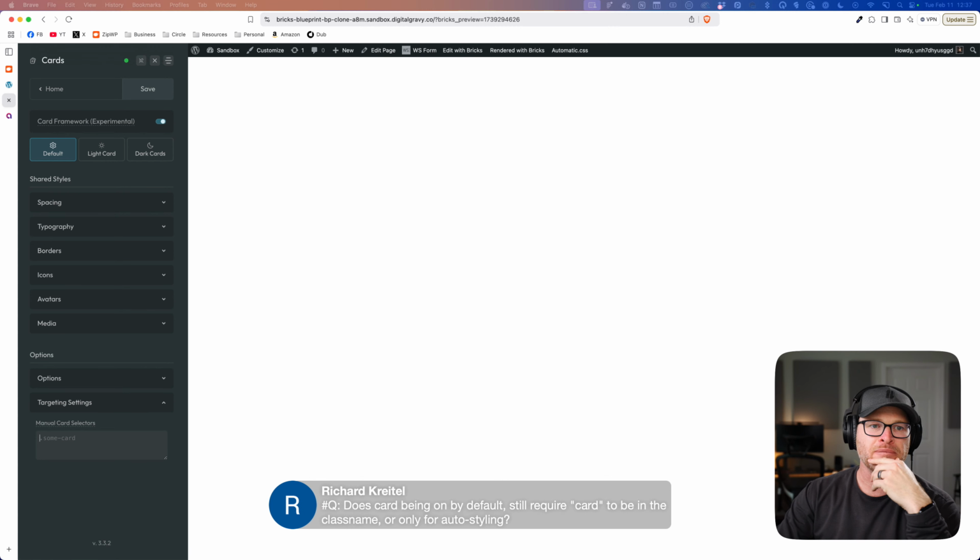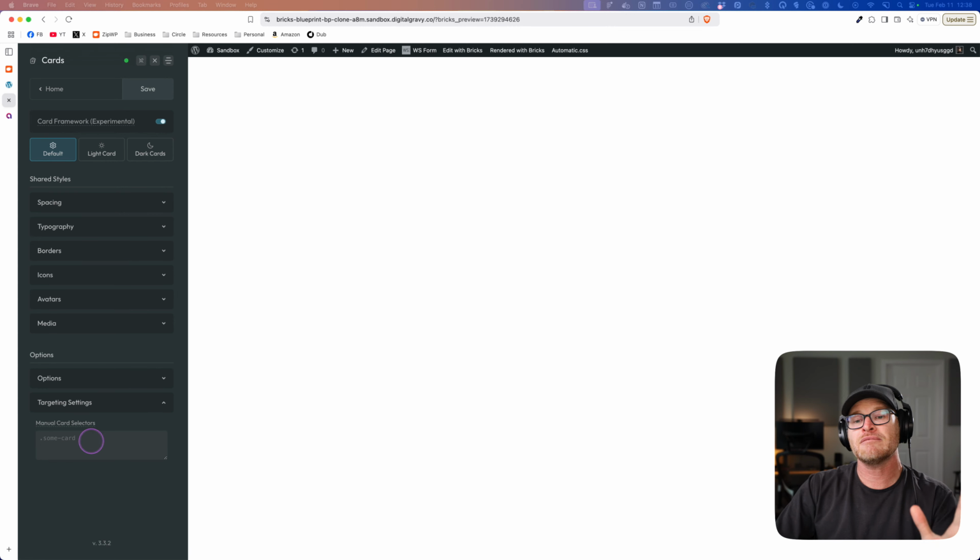Does card being on by default still require card to be in the class name or only for auto styling? Ah, man, Richard, such a great question. If you are manually using the card framework, you do not have to have the word card in the name. You could do everything that the card framework does without having to have card in the name.